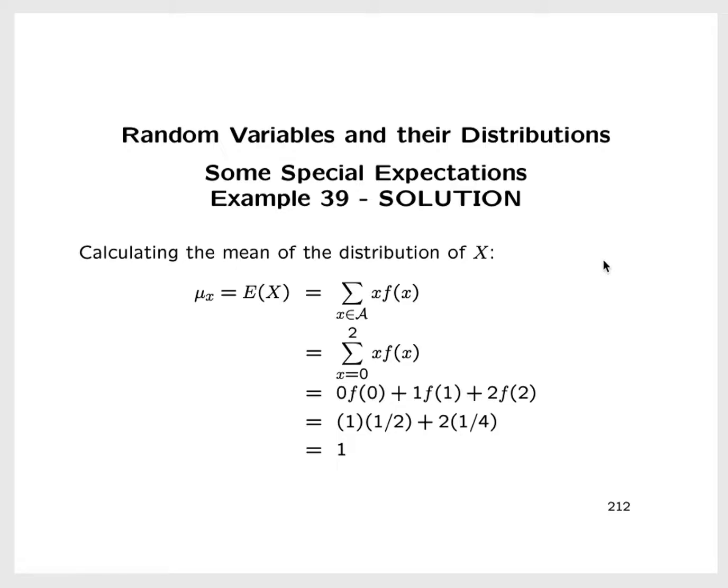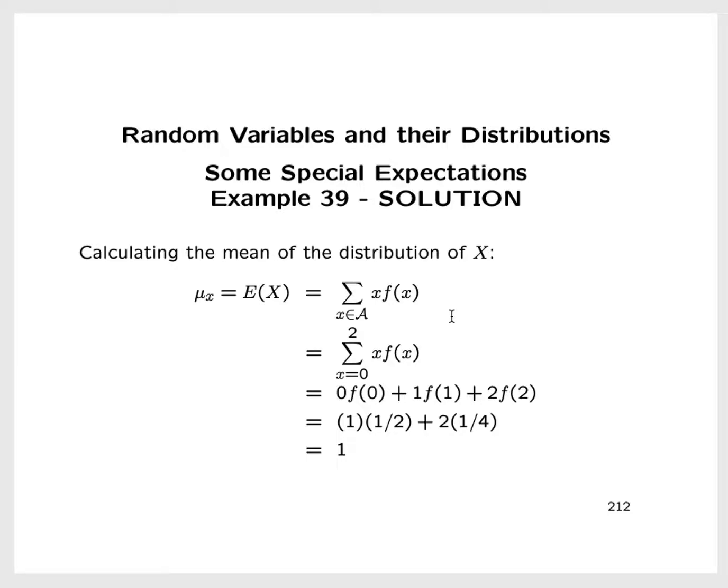All right, so we'll start off by computing the mean of the distribution. So the mean of the distribution of x, which is also given by the expected value of x, by definition, is the sum over the values of x in its sample space of x times f of x, which is the PMF of x. So the mean, the expected value of x, is a weighted average of the values taken on by x, the weights being the values in the PMF, which are the probabilities that x takes on the